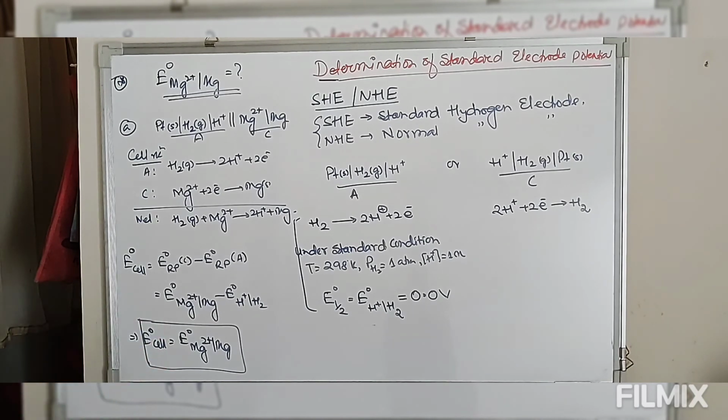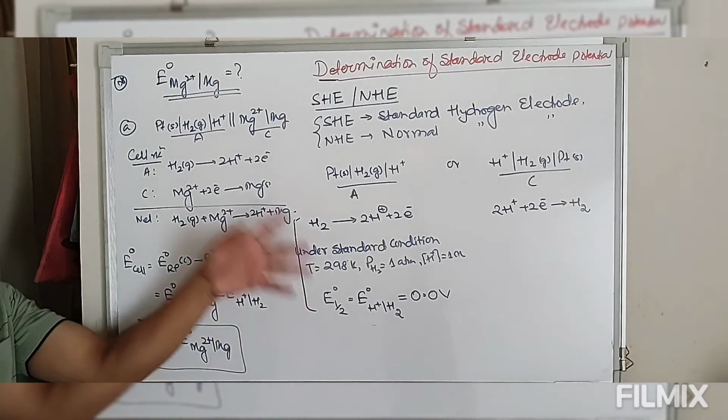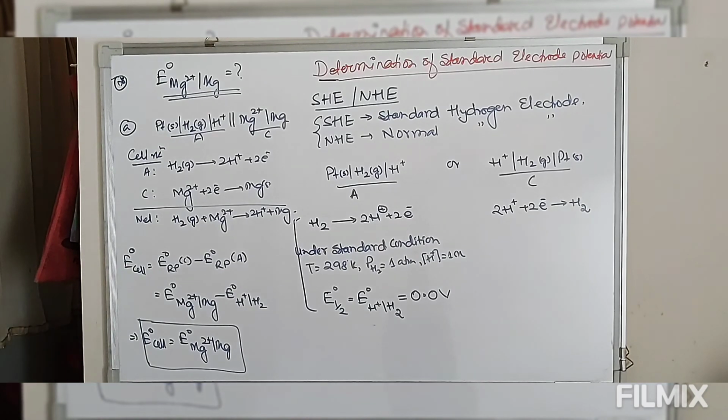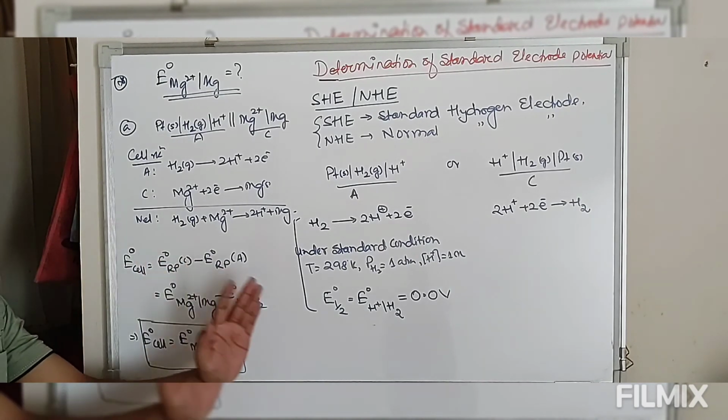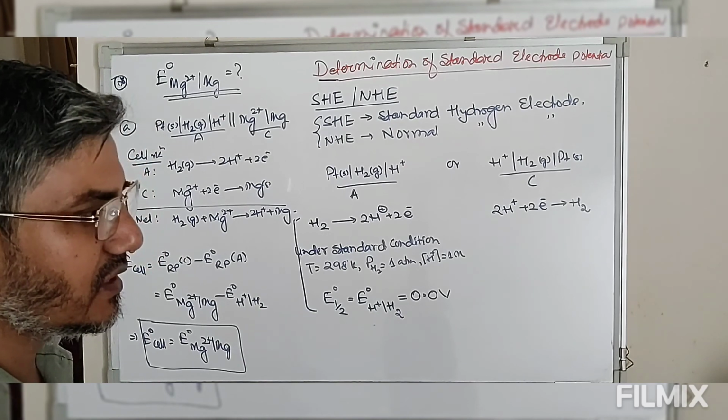Now based on this, the value may be positive or negative. Once we have the standard reduction potentials of all these electrodes, these potentials are arranged in increasing or decreasing order with reference to the hydrogen electrode. This arrangement of electrodes forms a series which is known as the electrochemical series. So let me explain what the electrochemical series is.